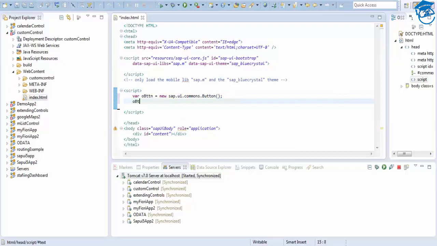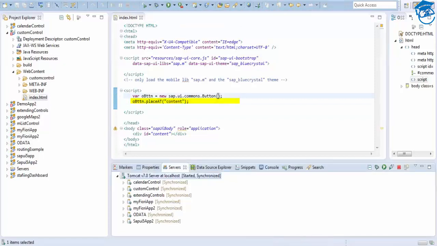and I'm going to place a button in the content. I'm going to save.